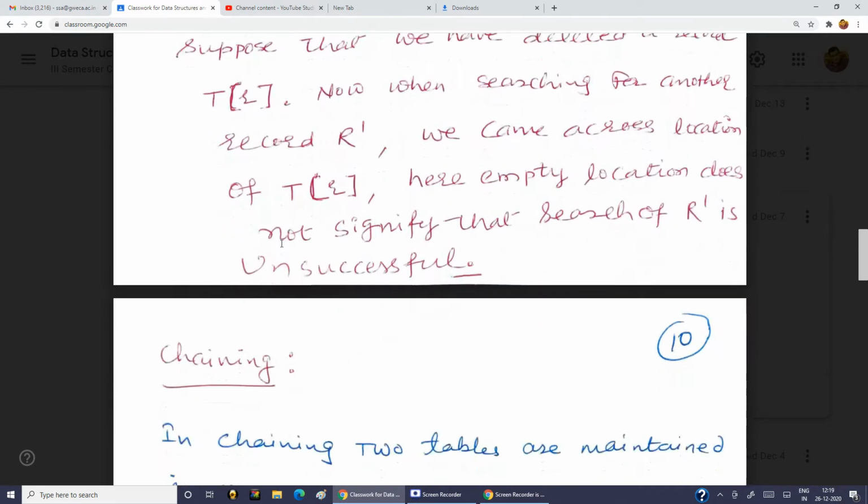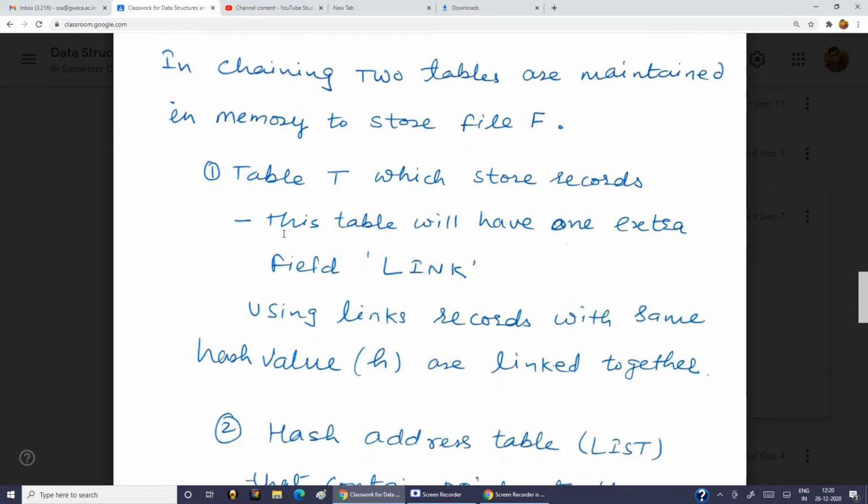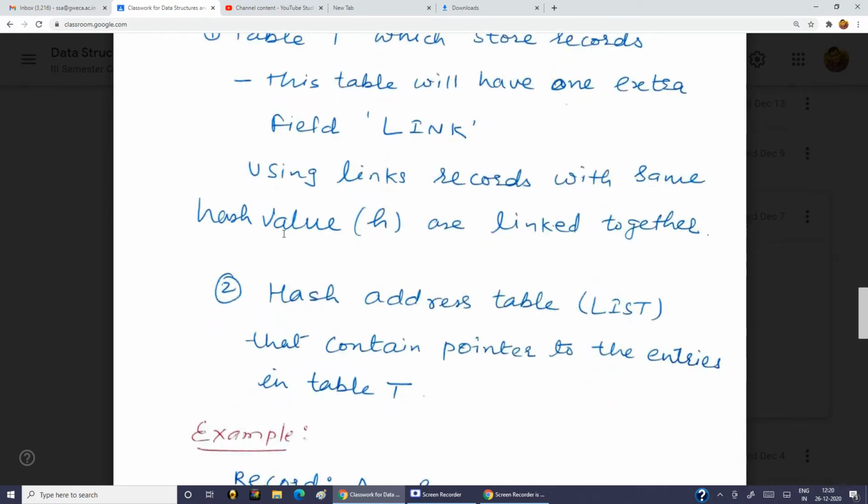We have earlier discussed that for collision handling, we can use open addressing or another method which is called chaining. So chaining is the solution for this problem. So what is chaining? Let us see how chaining resolves the collisions and how it is maintained.